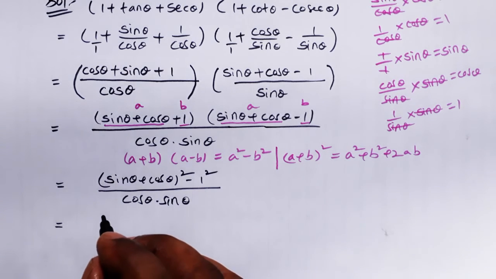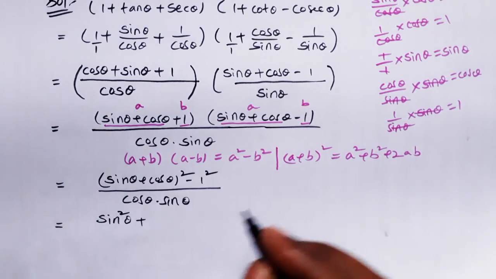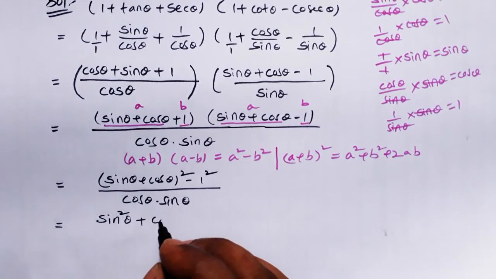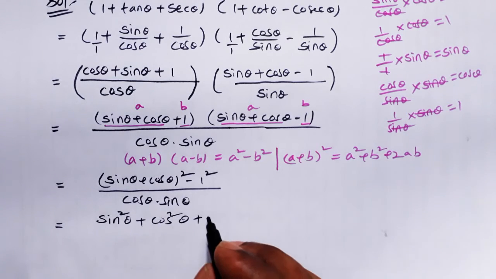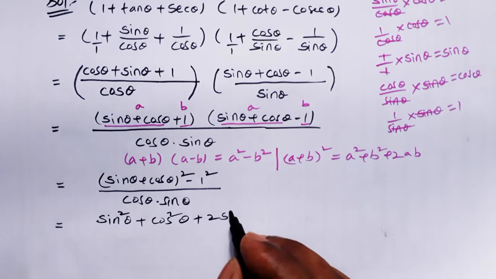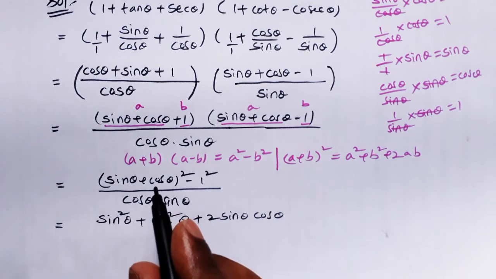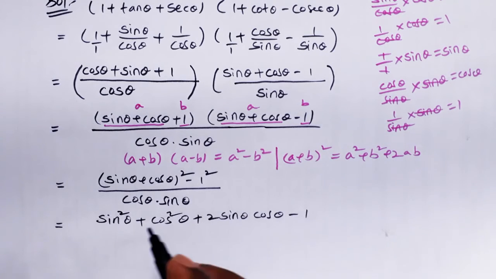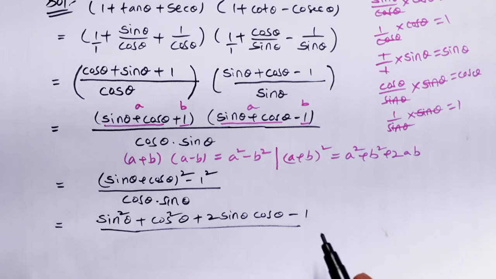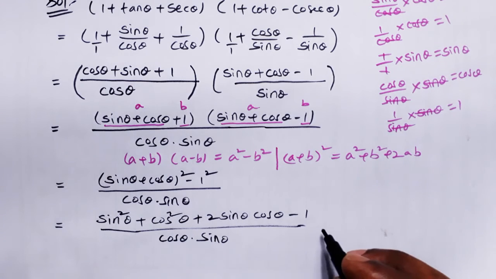A square means what? Sine square theta plus B square, B means what, cos, so cos square theta plus 2AB, 2 into A means sin theta, B means cos theta. So formula we applied, we wrote this. Next what we have, minus 1 square, 1 divided by